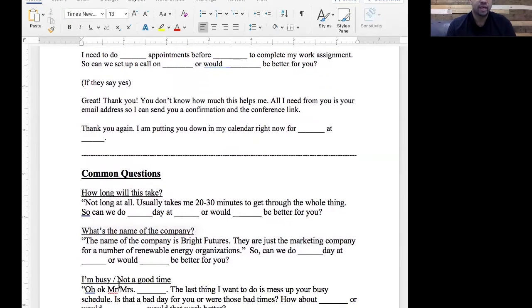If they ask, well, what's the company you're working for? They might not, but they're not going to ask a lot of questions. It's almost like if I called Mr. Nelson and said, hey, Mr. Nelson, can you give me a ride to the airport? He wouldn't be like, well, what's the flight number? What airline are you taking?